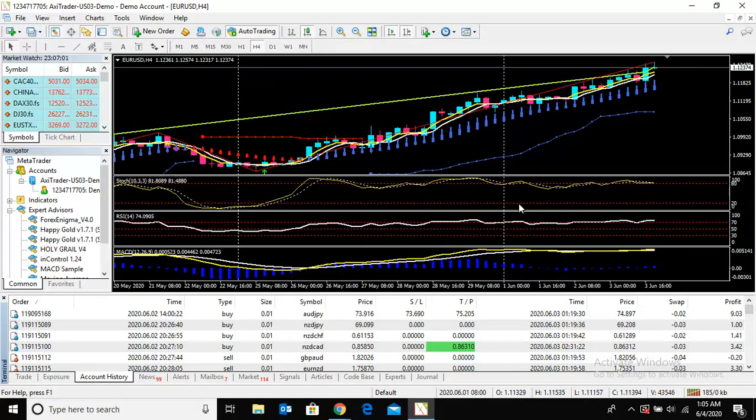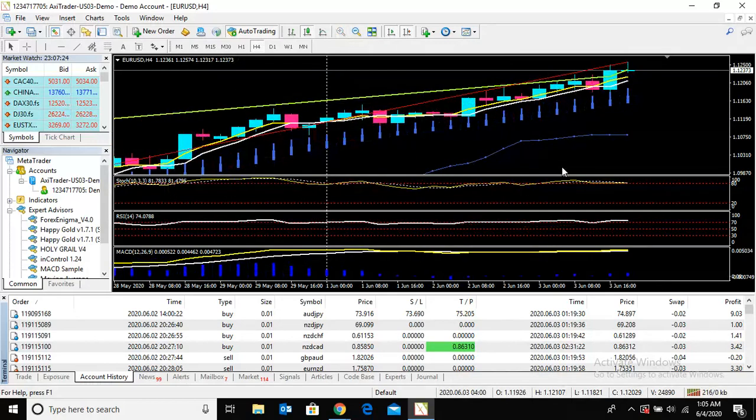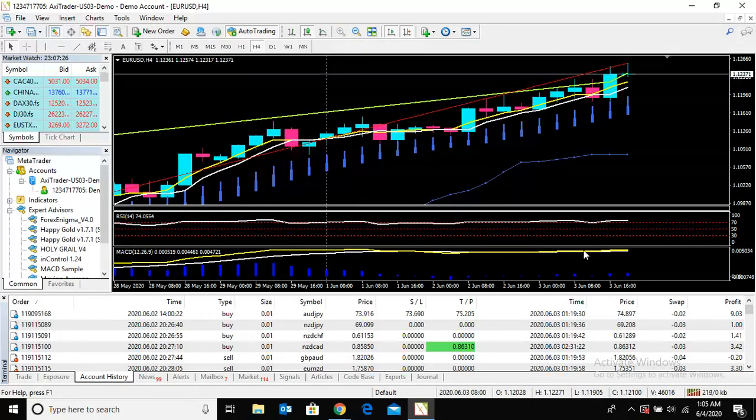You should look to buy only when the market is above the chart. Here you can see the Bollinger Band stop also. Bollinger Band stop is one of the major indicators of the system. You should buy only when the market is above the Bollinger Band stop. I can show you like this with zoom.